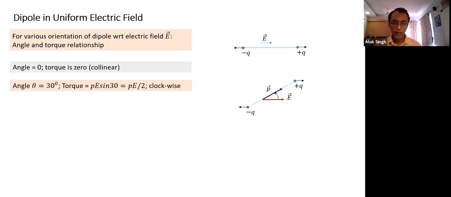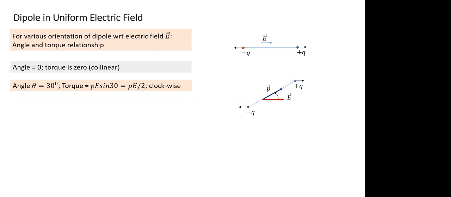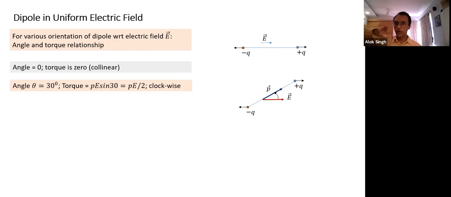So if it is clockwise, if I have to write it in terms of i, j, k cap, if i cap and j cap lie in the plane of the drawing, the torque in the clockwise direction is minus k cap, into the plane. If you take the right hand thumb rule also, the torque is going into the plane of the drawing, minus k cap.